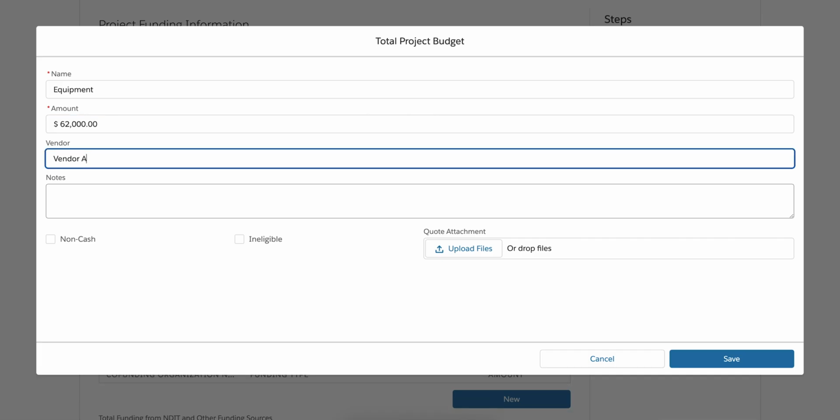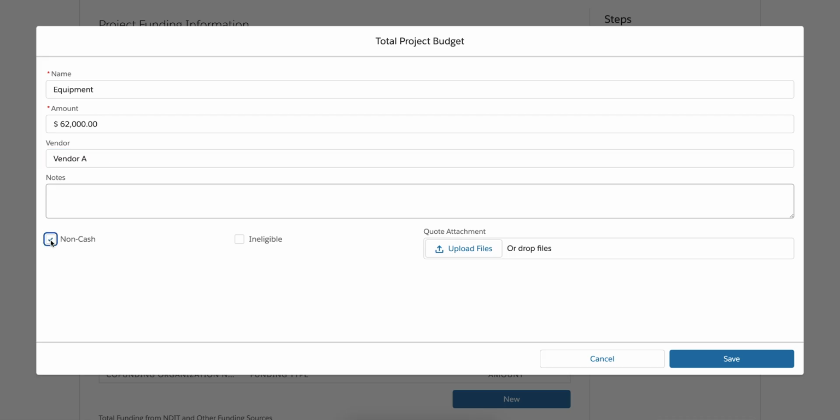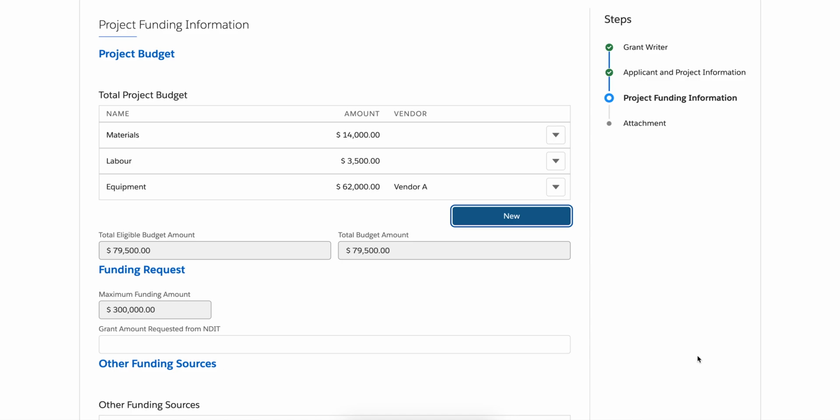preferred vendor. You can also select if an item is non-cash, for example, volunteer labor, as well as if an item is ineligible based on eligible costs laid out in the program guide, such as GST. There is an option to upload quotes. If you have a quote from a contractor or vendor, you can add this to the line item. Our total budget is now